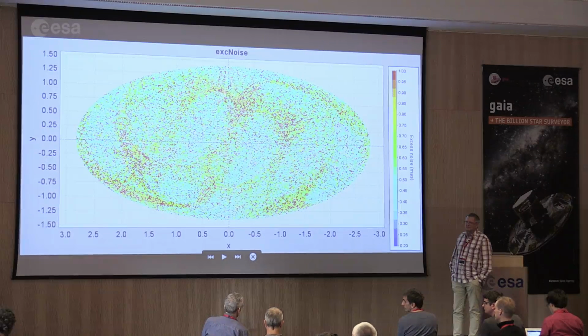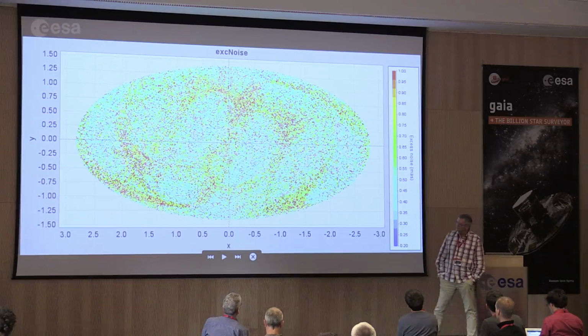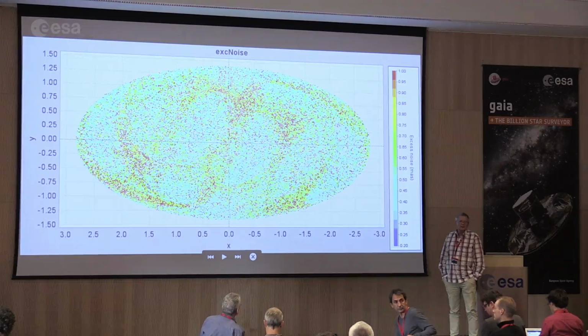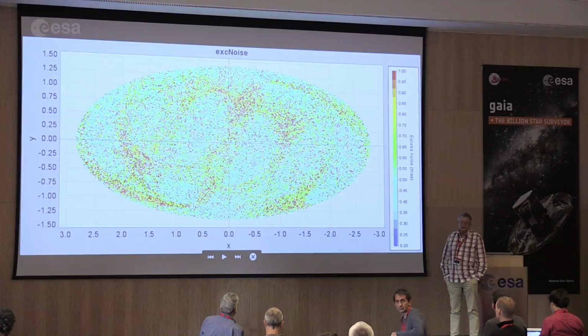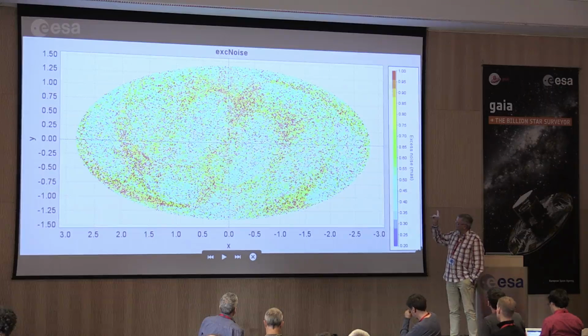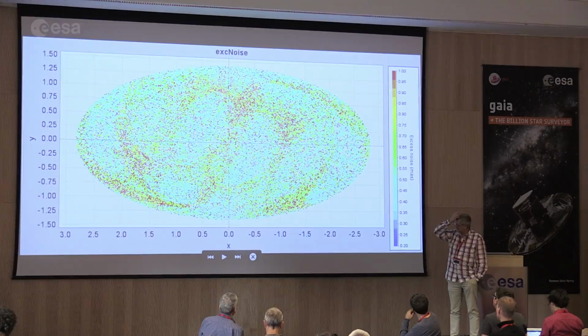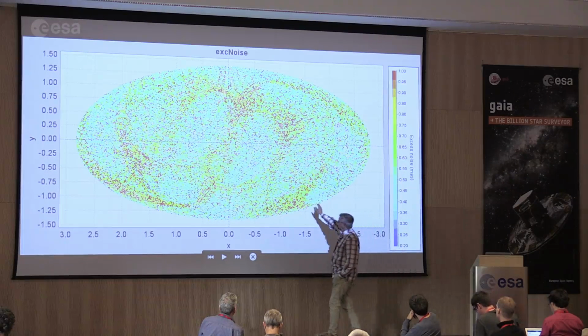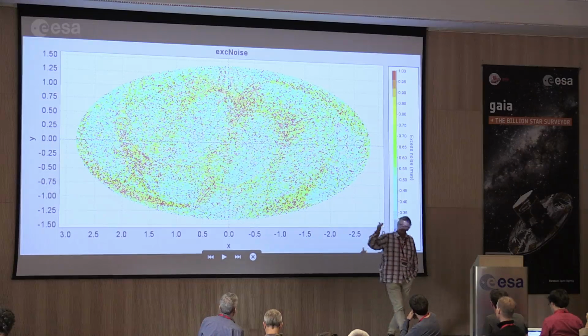It's the number of observations. Yes, yes. But it's like this where the scans are going forward along scan. I don't know if it is relevant for this, because these are the places where, when you are at these plus minus 45 degrees and you get many observations there because of the scanning law,